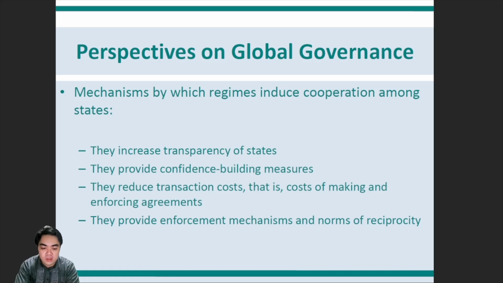What kind of human rights should be available across states? That's a huge example of international regimes. International regimes induce transparency among states. For example, there are certain requirements among states that promote trust among them, like for example,